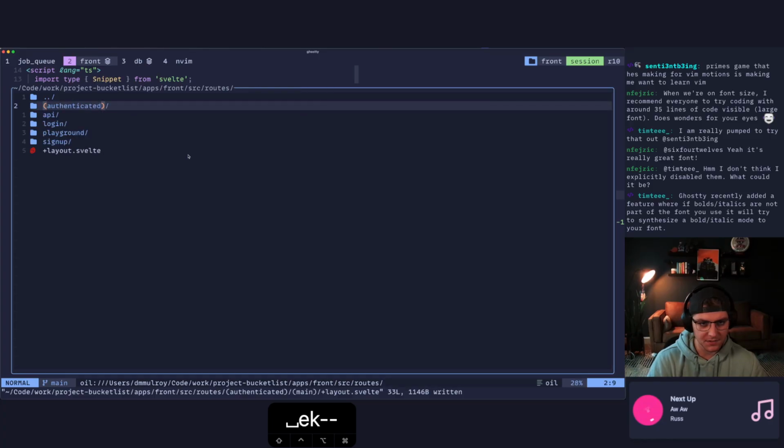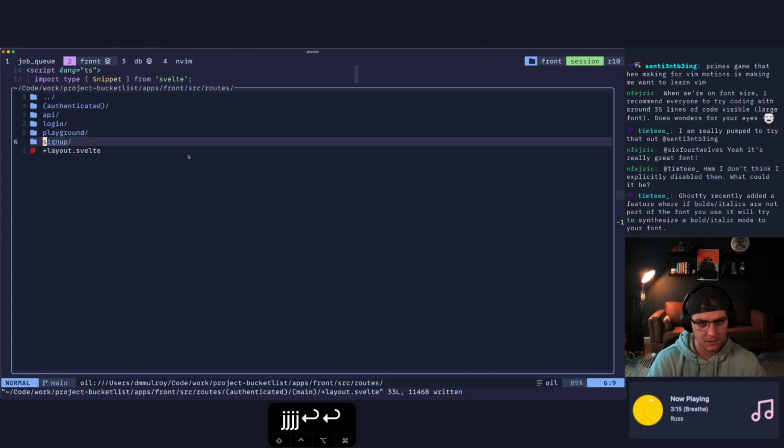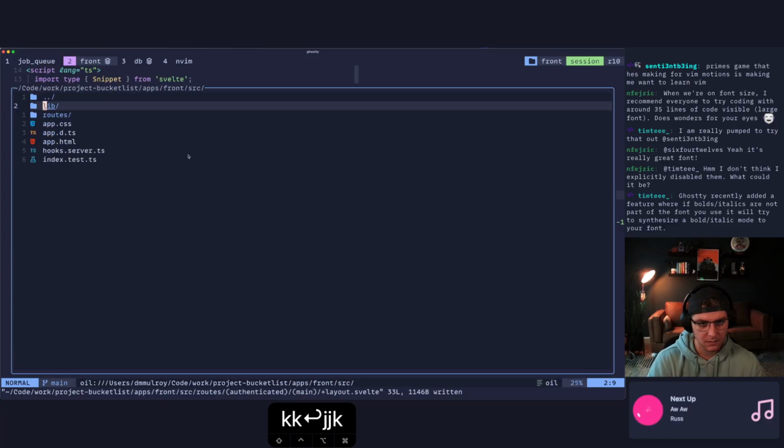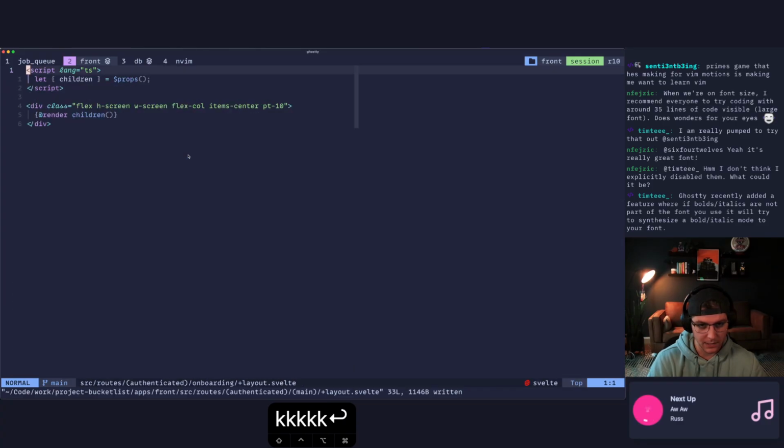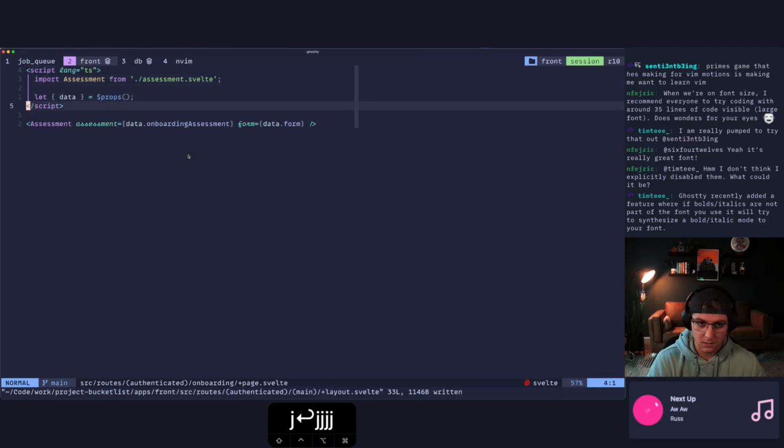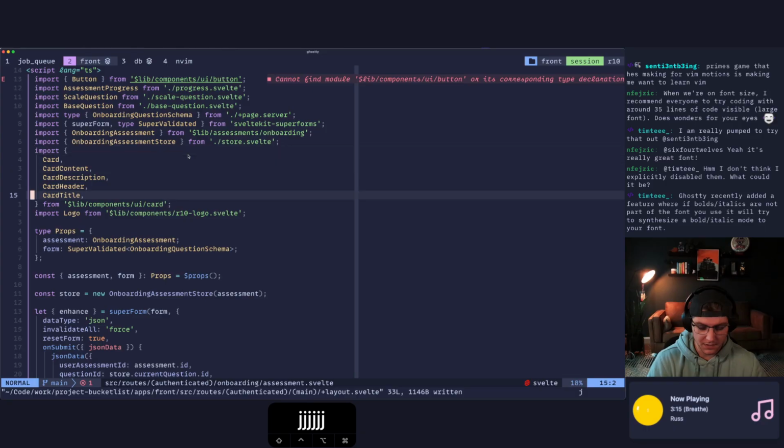Okay, so I can't remember how we use the stores in sign up. Playground, API, login, lib, no routes. Onboarding. There's our store. And do we bring the store into the layout? No. Do we bring it in the page? We make the store in the component. So we really want to make the store, right. Okay, so we need to do